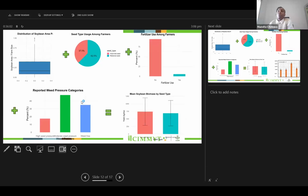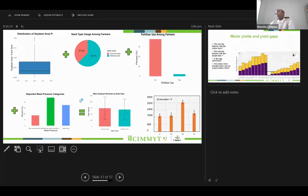And this poor soybean performance is because even when you're using the retained seed, it is being affected by all the other challenges, such as the seed that is being used and the poor fertilization and the poor weed control as well. What we have found in other work, I have added a panel at that bottom right,